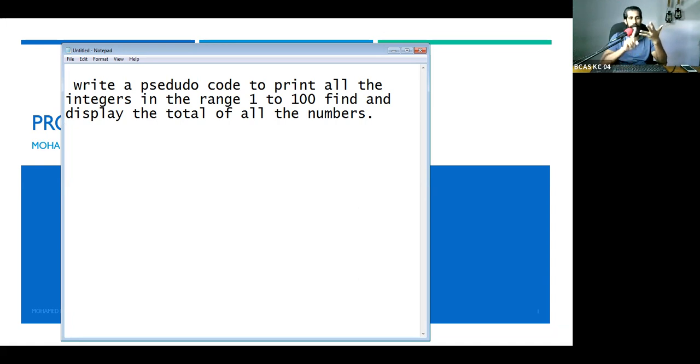So 1 will be added with 2, total is 3. 3 will be added with 3, 6. 6 will be added with 4, 10. 10 will be added with 5, 15. 15 will be added with 6, 21. 21 will be added with 7, 28. Likewise, the total will come up for 100 numbers. Once you add all of them together, what is the total as well? So 101 output lines will be there in the program. You can write this with a simple loop, and I'm expecting you to do that, right? I'll post the recording. You can do it and show me the answer.